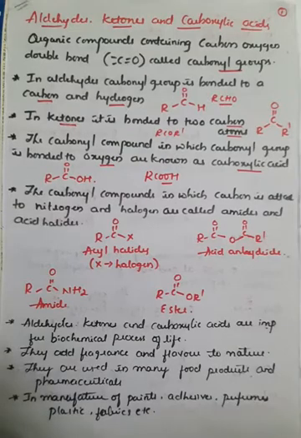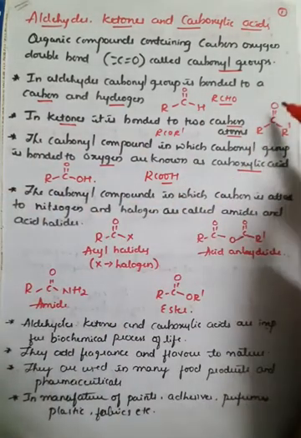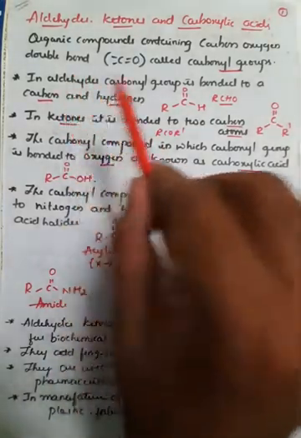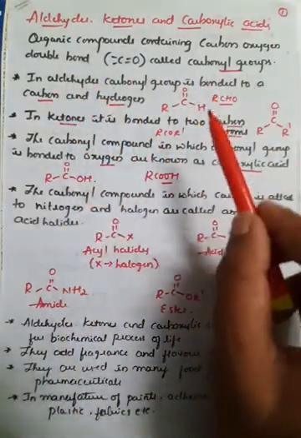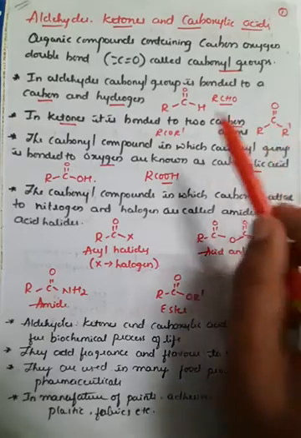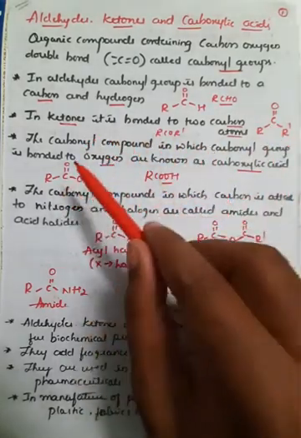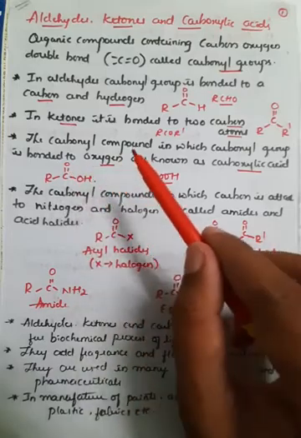So that is the main difference between the aldehyde group, ketonic group and carboxylic acid group, right? In all the aldehydes, ketones and carboxylic acid functional groups, the main important thing is the carbonyl group. If this carbonyl group is bonded with carbon and hydrogen, then it is called the aldehyde group. If it is bonded with both alkyl or aryl groups, then it is called the ketonic group. And if one side is bonded with the OH group and one side with an alkyl or aryl group, then it is called a